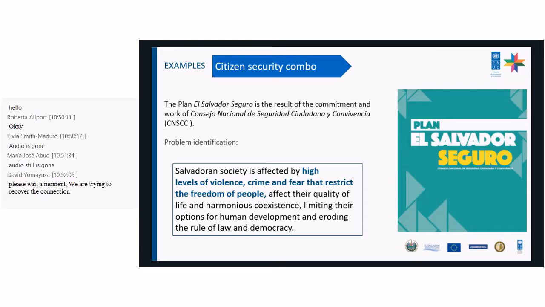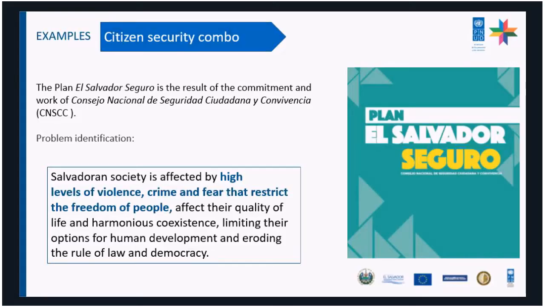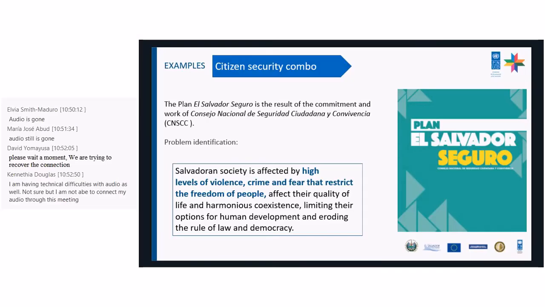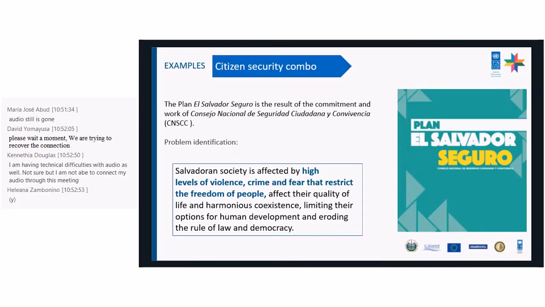Let me share some of the examples that we've seen of the combo approach in the region. Perhaps the most important one over the past few years is what we have learned from El Salvador. They focused a lot of their energies on a citizen security program. The plan is called El Salvador Seguro, and this plan is a multidimensional intervention in a number of municipalities or parishes in El Salvador. And what they do is they recognize that an issue like citizen security is not a silver bullet issue, not something that we can solve through police action or